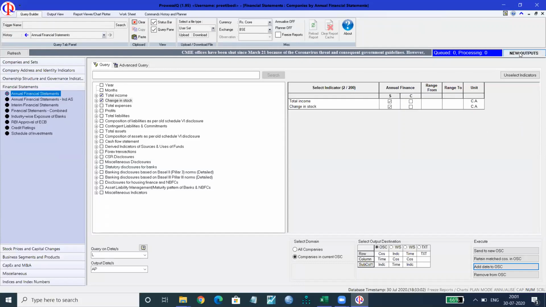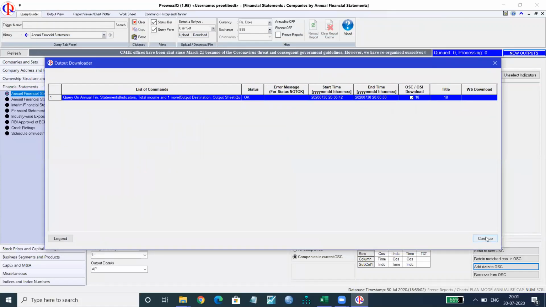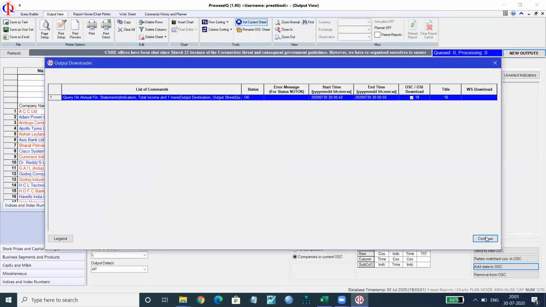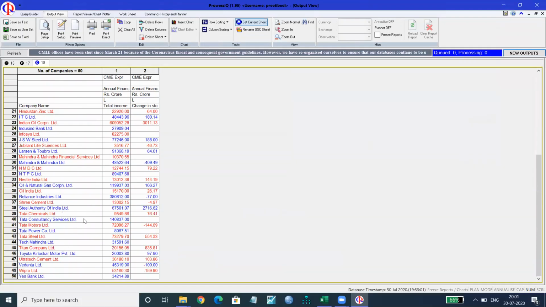Okay, now you can see that new output has started blinking. I will click on that. Then I will click on continue. And you will see that total income and change in stock for all these 50 companies have come.